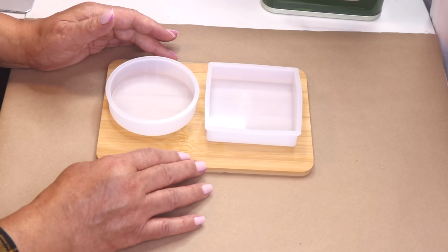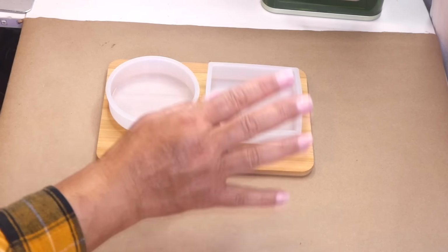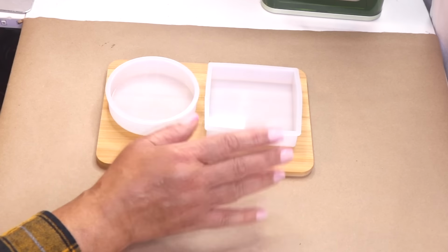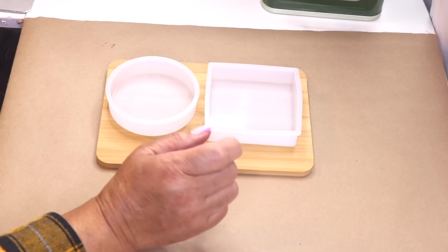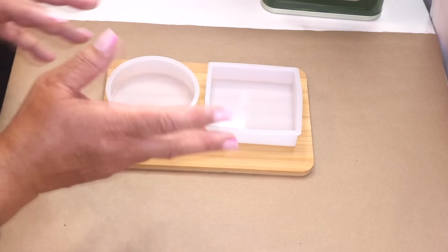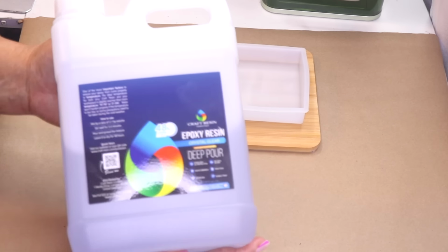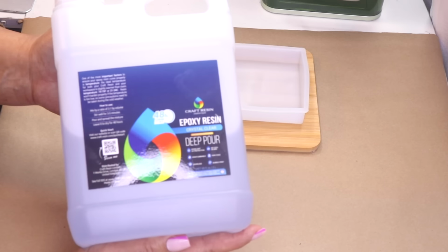So I went on Amazon and luckily I found the molds. The best thing about this is I found 2 sets of molds for one price. You get the square ones and you get the round ones. So what I'm going to do is use both molds to show you how to create a different kind of look with both. First thing I'm going to do is mix up some resin, and we have the craft resin